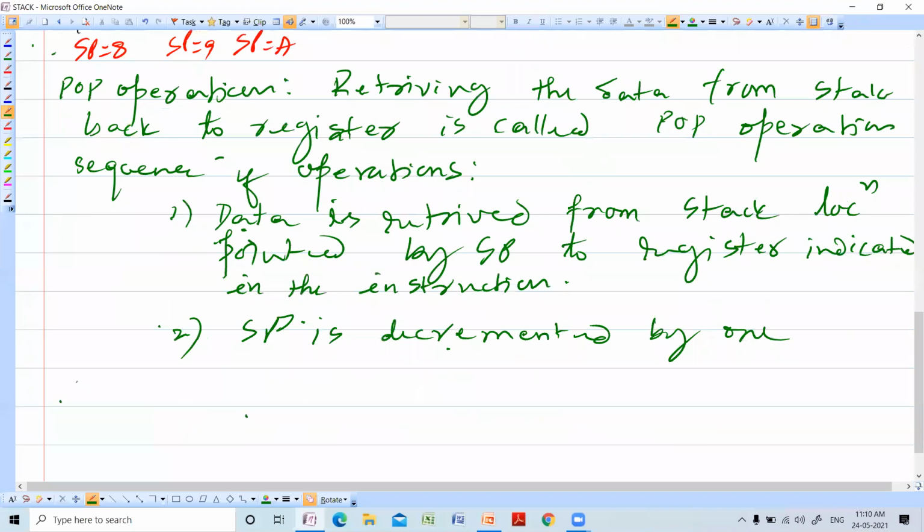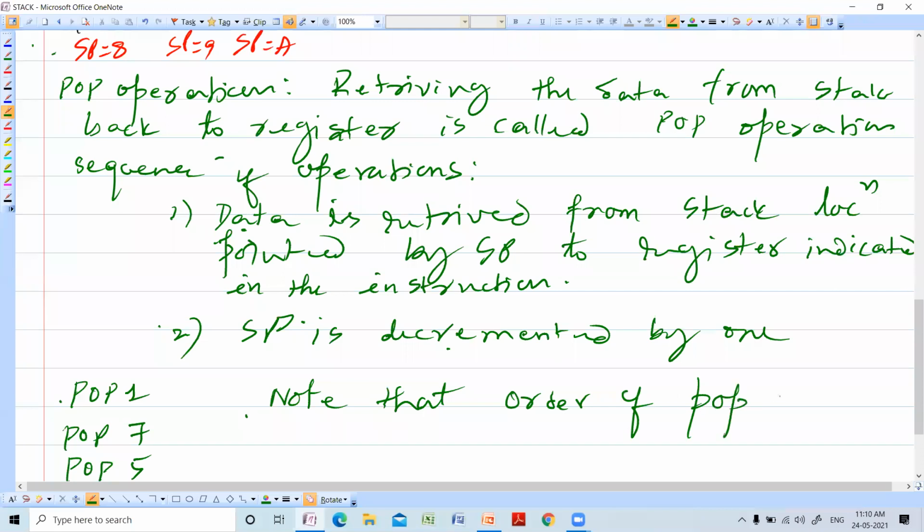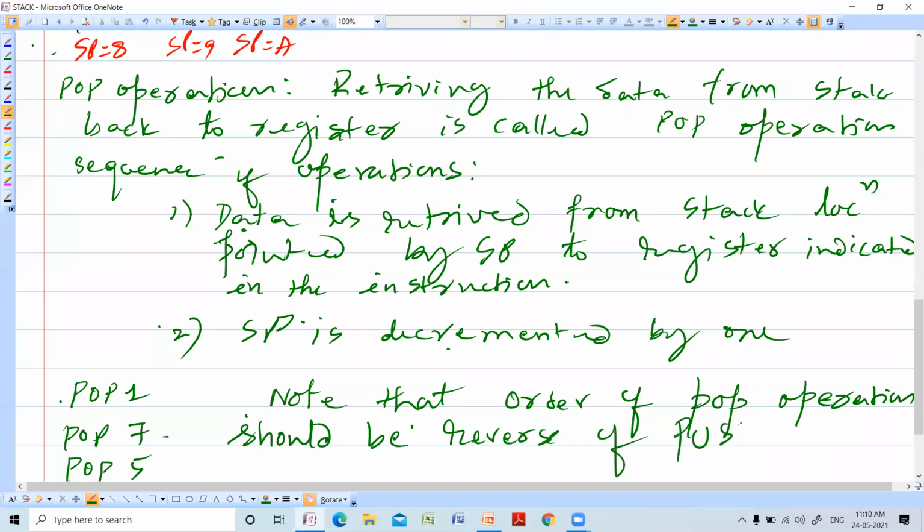So now if you write pop 1, pop 7, pop 5, note that the order of pop operation should be the reverse of push operation.